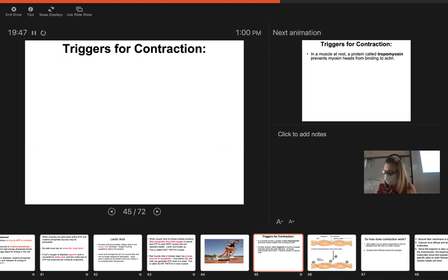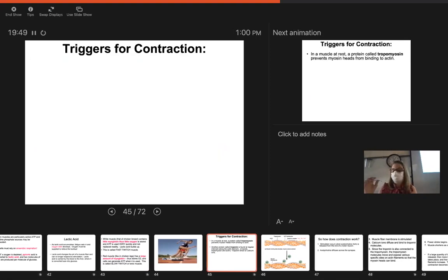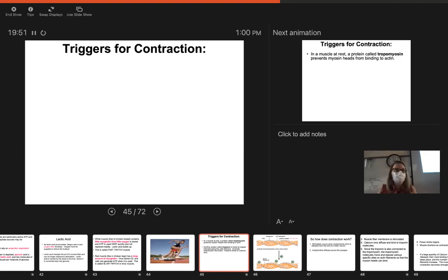Okay. Triggers for contraction. Actually, I've got like 8 minutes left of notes. All right, so just relax. I have about 8 minutes left and then I'll turn you free. I think maybe 10. Everybody think for a second. Ready? And flex your bicep. There had to be an action potential sent down to the muscle to make that happen. So that's what I'm talking about right here.